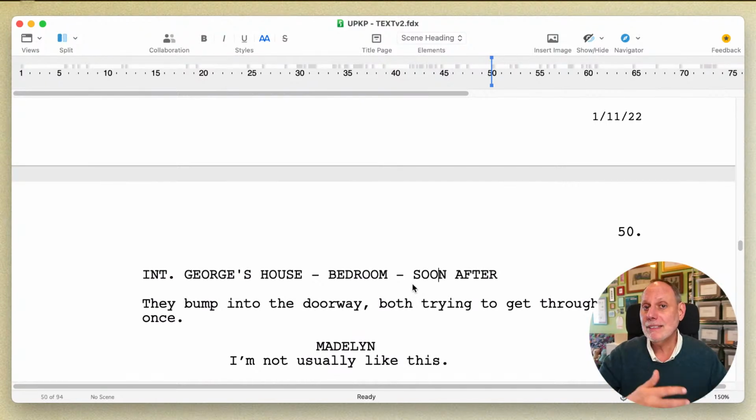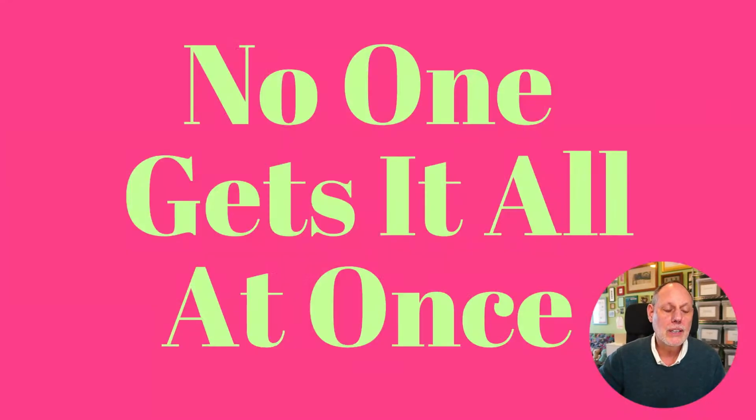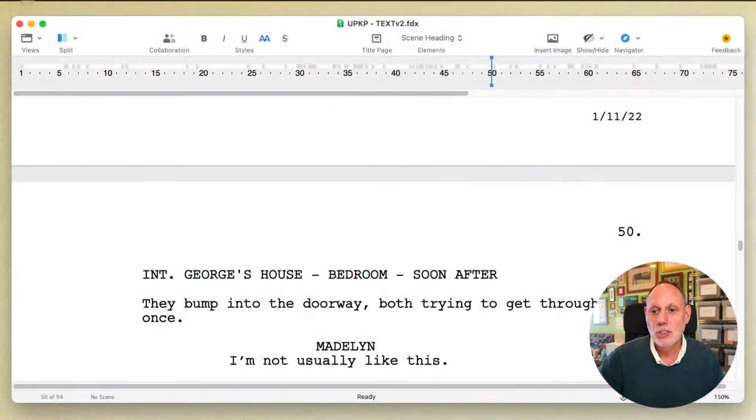I will go through this process several times. You don't do it all at once. This is one of the most important things that you can know about writing, which is no one gets it all at once. You do everything in steps, small steps, little bites, bits and pieces. And the most important thing is to have a process that you can return to reliably to do each little bit and piece. And then you get the whole thing done.